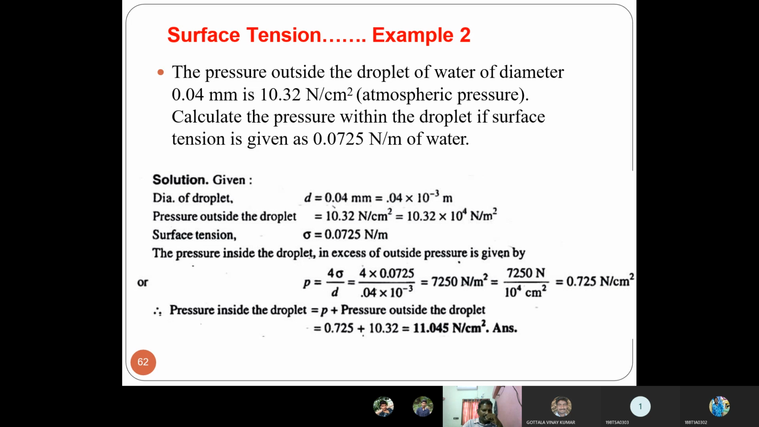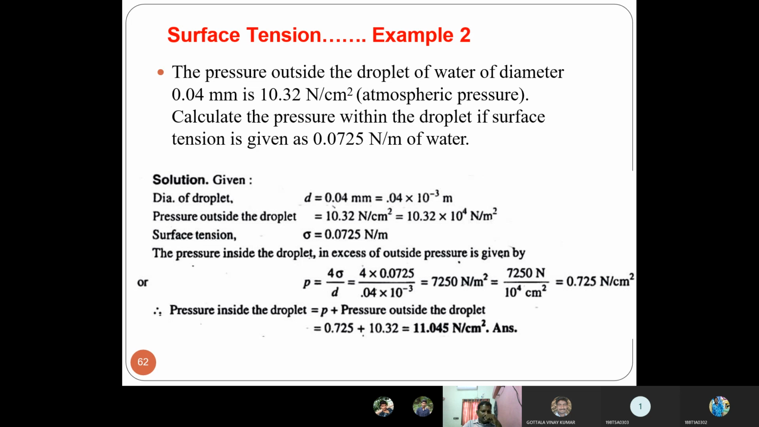What is the given data? Diameter of the droplet is given, and the pressure outside of the droplet is 10.32 Newton per centimeter square. So convert it into Newton per meter square. If we do so, we will get 10.32 times 10 to the power of 4. Surface tension is given as 0.00725 Newton per meter. The pressure inside the droplet in excess of outside pressure is given by